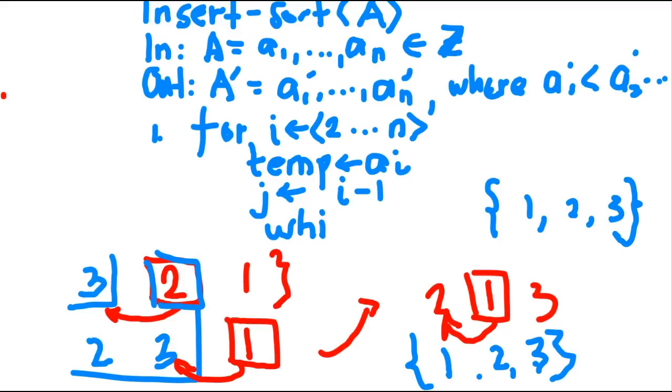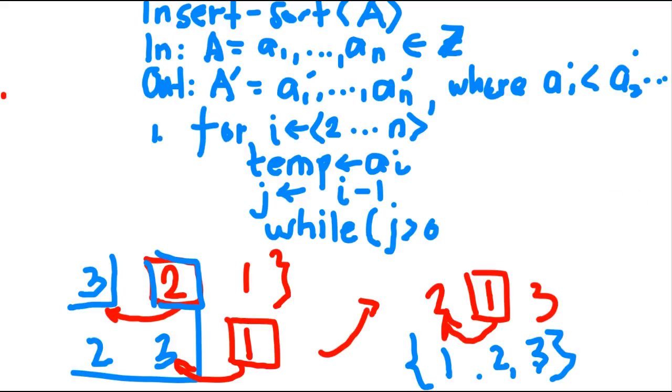So that will be while j is still greater than 0, because we are referring to 1 up to n. So while j is greater than 0, we're going to proceed. Now this is the condition for the swap. We will continue to swap while j is greater than 0, and